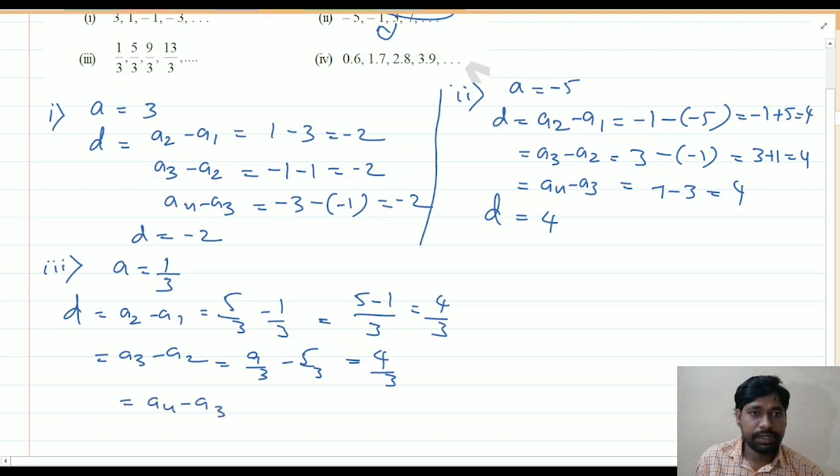A4 minus A3 is 13 by 3 minus 9 by 3. This is also 4 by 3. So the difference, how much? Common difference 4 by 3. Similarly, if we perform it here,